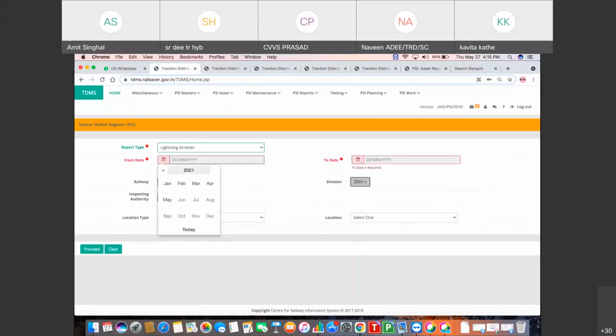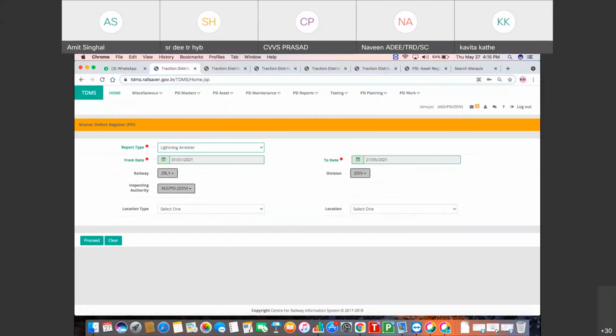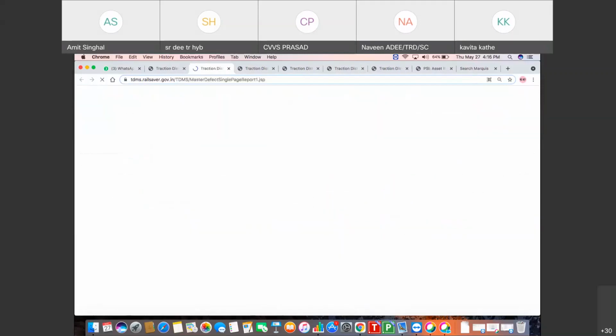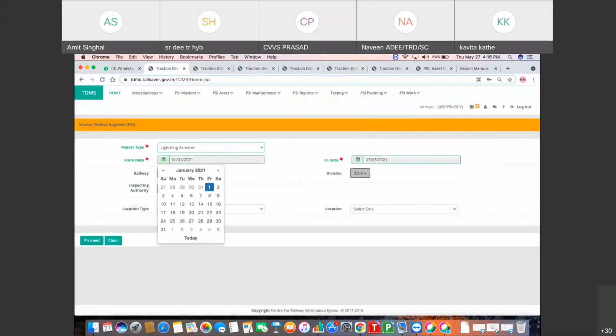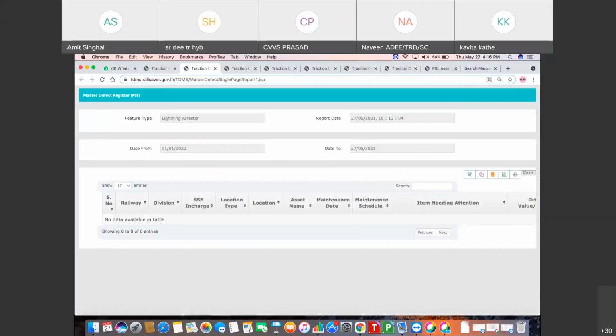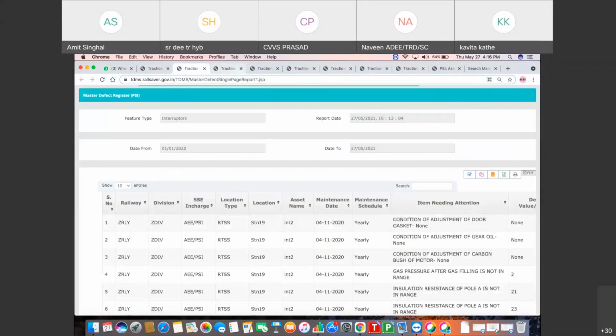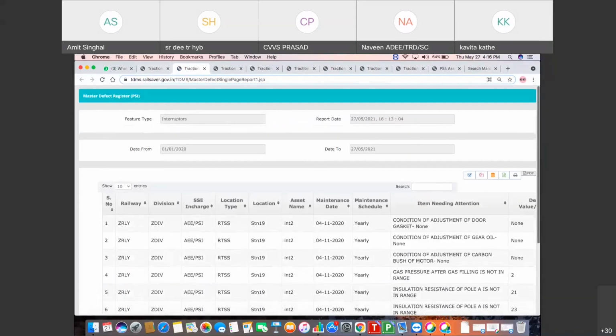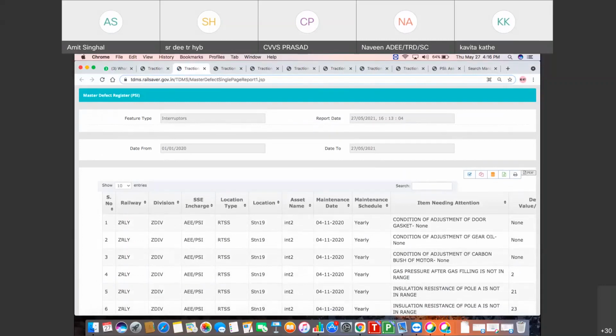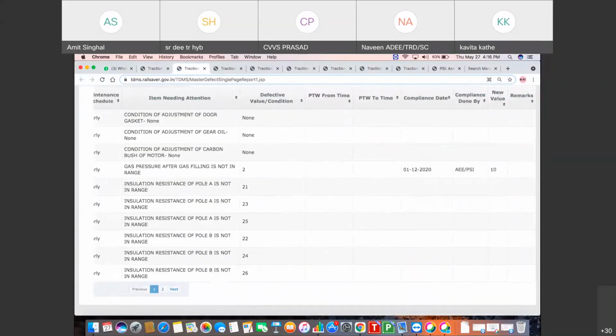Through this report, the details of all exceptions, whether they have been complied or not, will be generated. As exceptions are available for interrupters, the master defect register for interrupter has been generated.